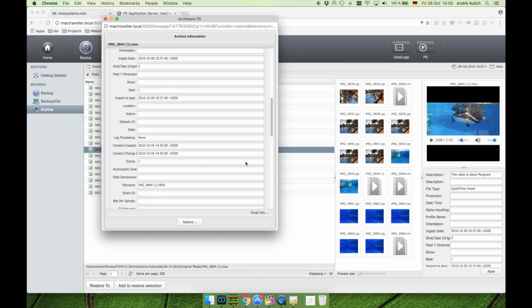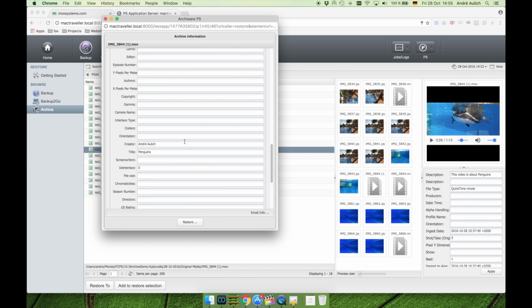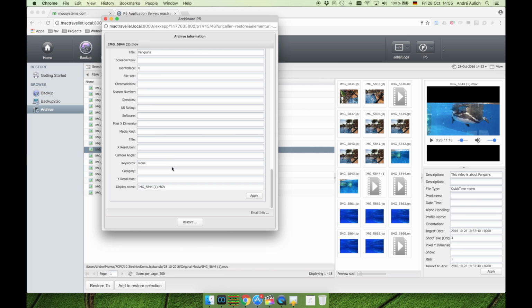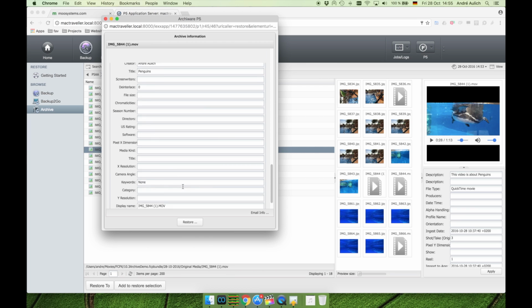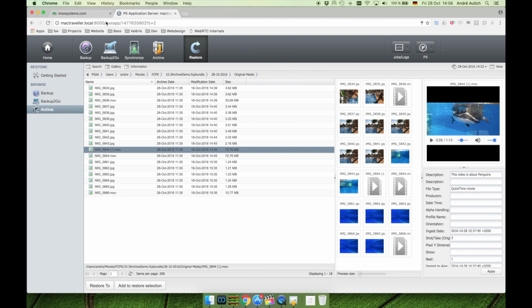So you see it holds some metadata that I entered, like the creator, a title, and some keywords. Okay, I haven't entered keywords, but there's some metadata it took over. I mean, it takes over all metadata that you entered, of course, but there's just not much contained inside, which is already great that you can find this metadata, but it is only really useful if you're able to search